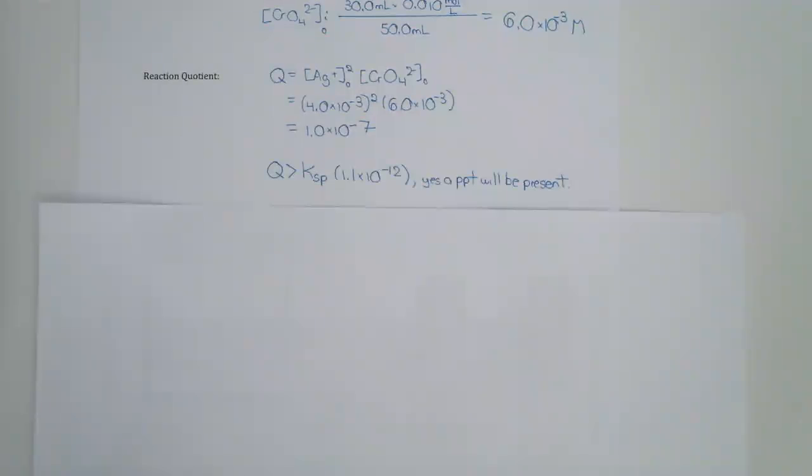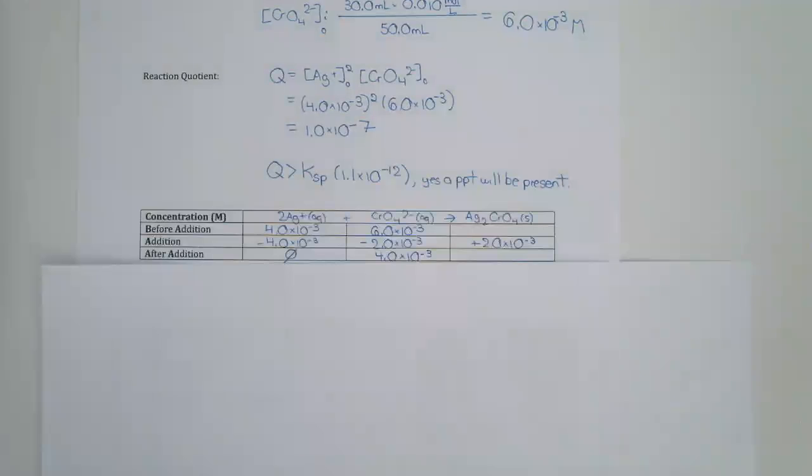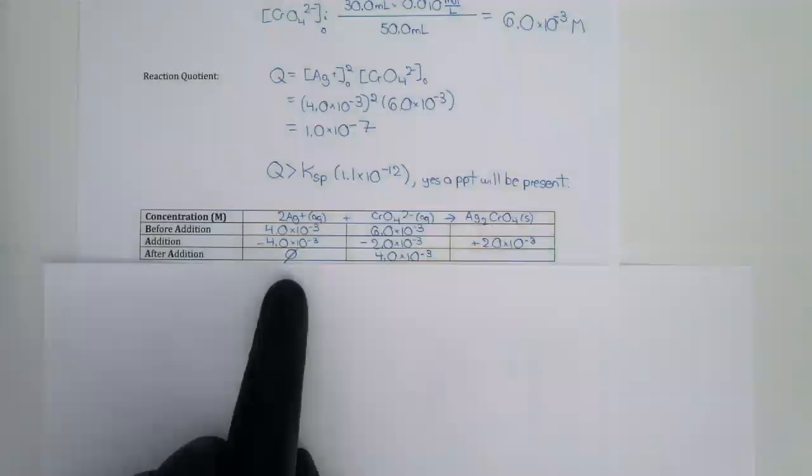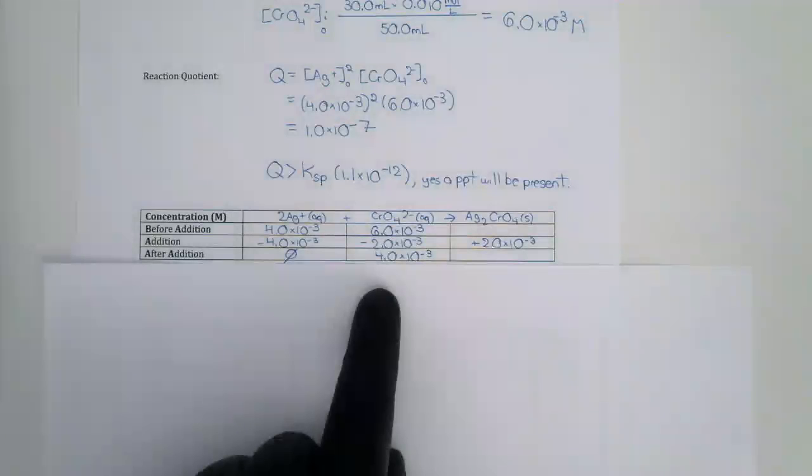Now, to determine the limiting reagent between the silver ion and chromate ion, we set up a stoichiometric table in units of molarity. The result is silver ion is the limiting reagent, resulting in 0 for the silver ion and 4.0 times 10 to the minus 3 molar for chromate ion. Set up a Rice table